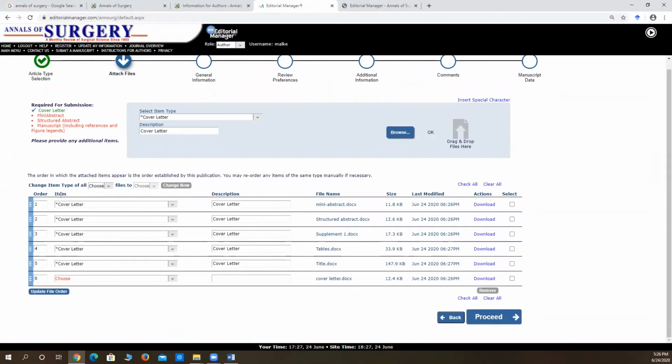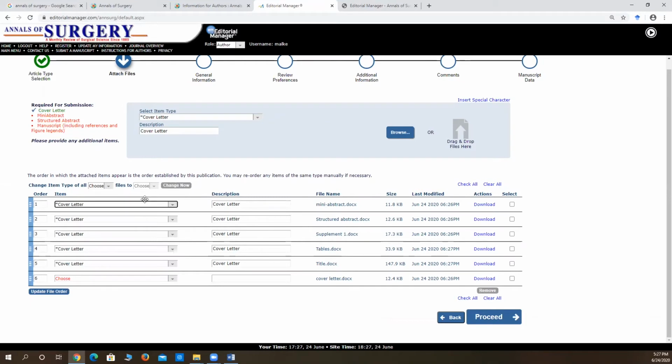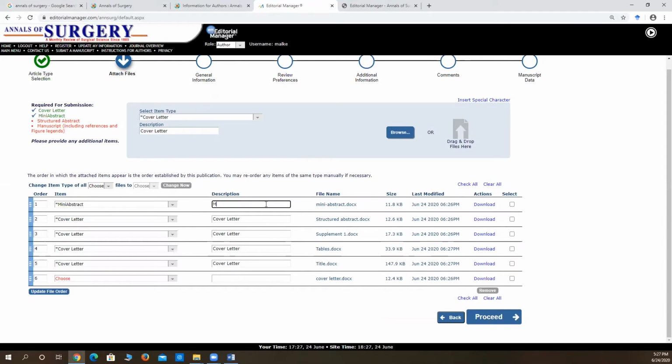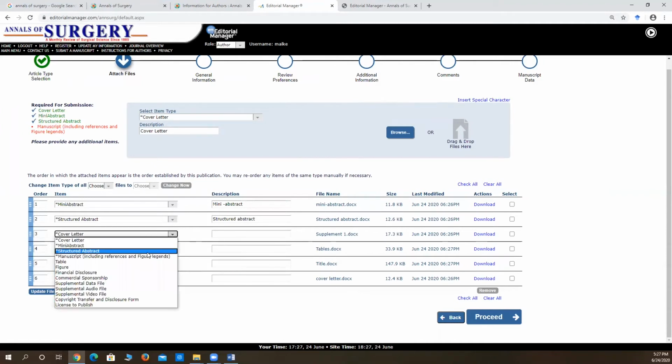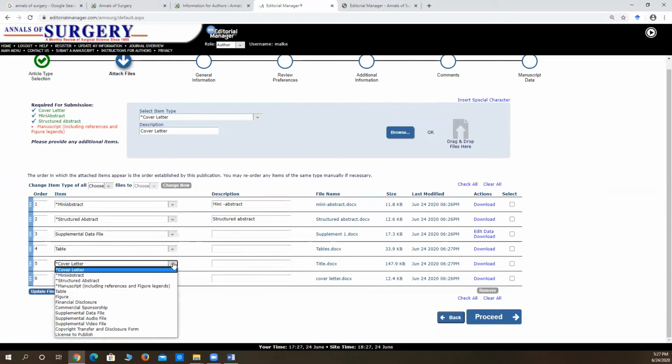So here you have to mention the item you select from the drop-down list. This is the mini abstract. So we choose from the drop-down list, mini abstract, and we mention that here in the description. This is the structured abstract, so we choose that here again. For the supplement, you have to name this according to what the file is. For example, this is supplementary data file, this is tables, this is the manuscript file, and this is the cover